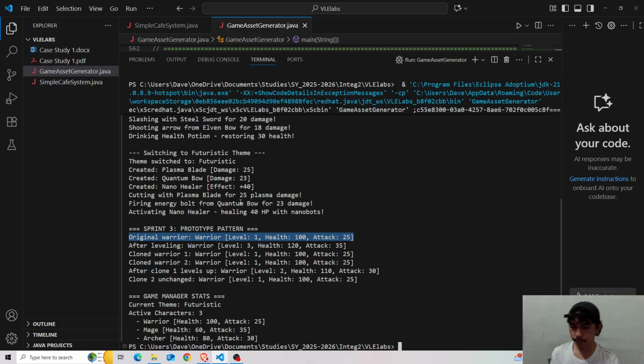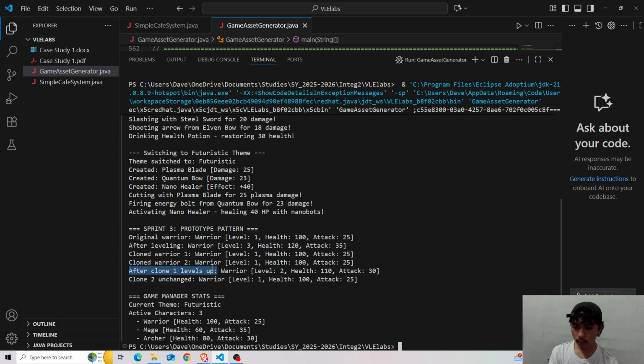That's why it's now level 3 here, and then its health and attack are upgraded as well. So for clone warrior 1, it stays the same. Level 1, health 125, stays the same as the original warrior. And that's for clone warrior 2 also.